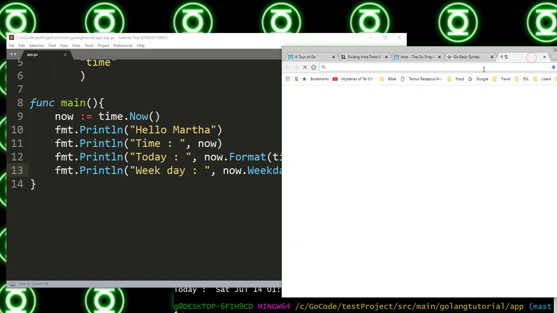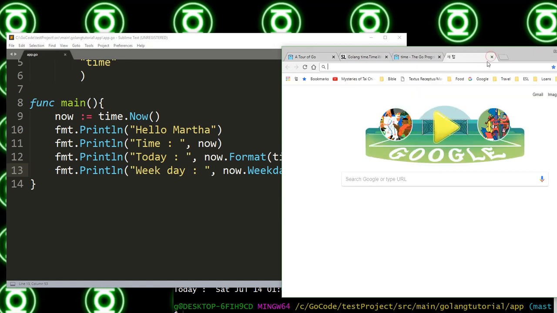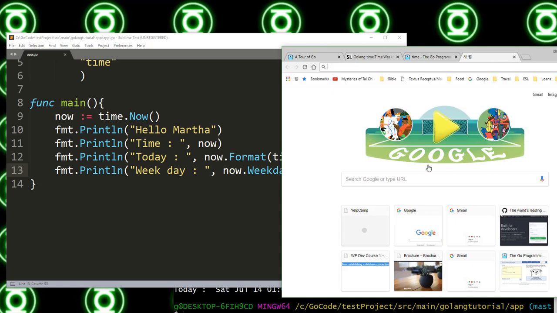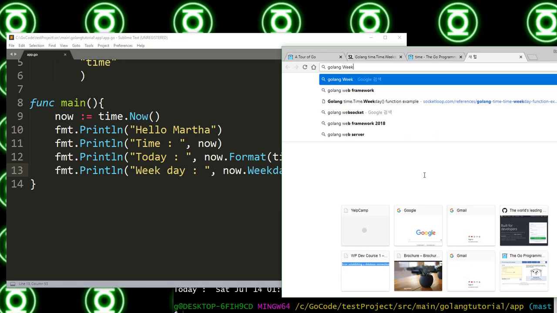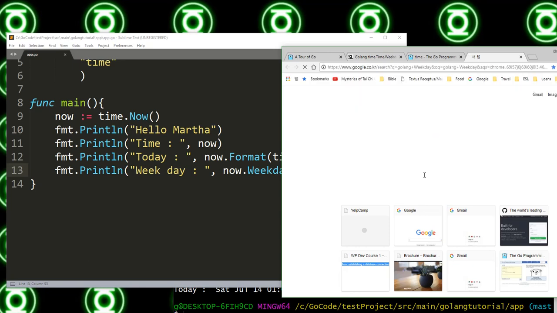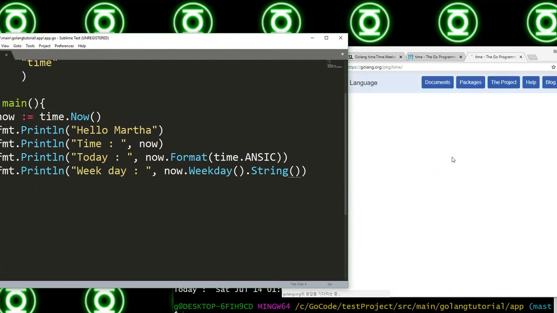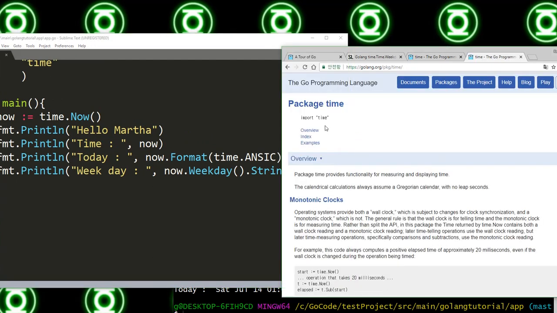And I want to open up some more information. I'll type Golang weekday. So